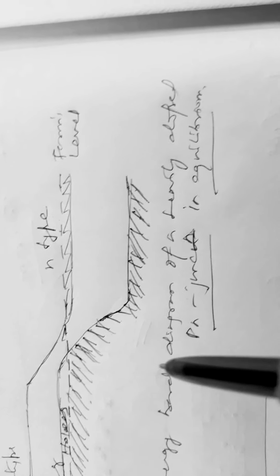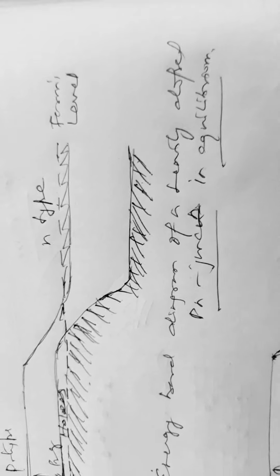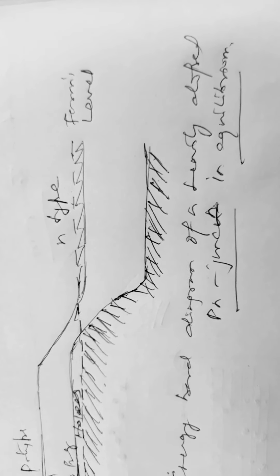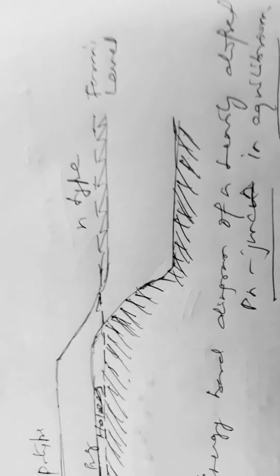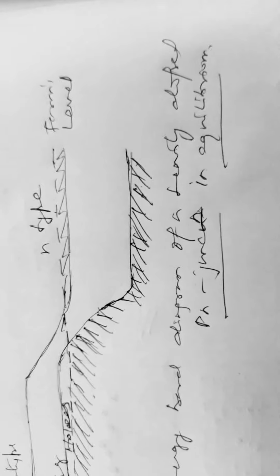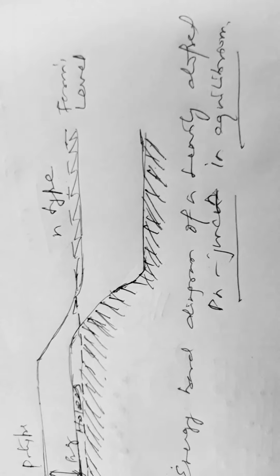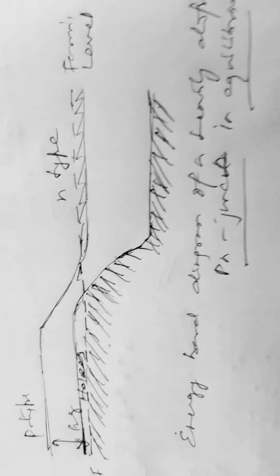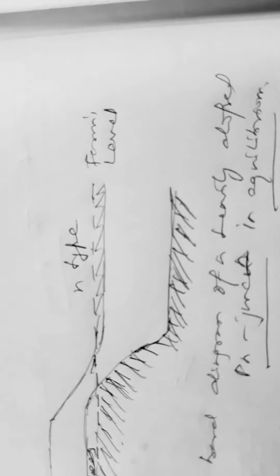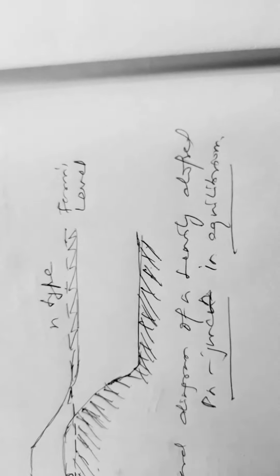The probability of stimulated emission, even in this case, is low, because there must be a region of the device where a large number of conduction electrons are in the conduction band and a large number of holes are in the valence band. So the condition is never realized in thermal equilibrium. For that purpose, we need biasing. So we consider the case when the junction is forward biased with a large enough voltage.